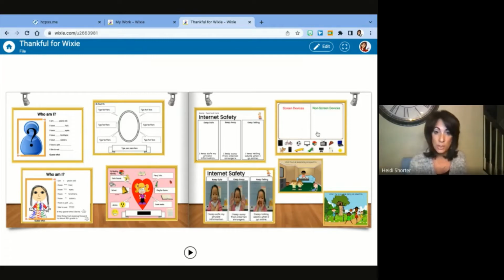that we have the sorting on the first page, and then the next 2 pages, the first page we use a Wixie background, and we have the kids identify what are things that I can do inside in my house that don't have to do with the screen. And so you can see here this student, and I don't have the link to this student's actual personal projects in here. I just have the link to the blank template, but you can kind of see here the student was doing music and pulled out little instruments and friends together that they can do inside when they're not on a screen.